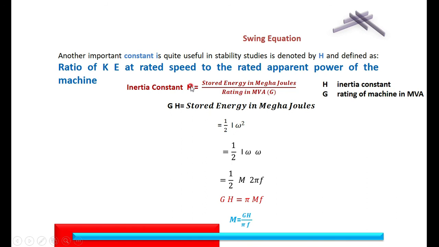Therefore, if you are taking S to the left hand side, it is S into H is equal to stored energy in megajoules. That is, we know that stored energy is half I omega square, that is 1 by 2 I omega into omega, that is I into omega